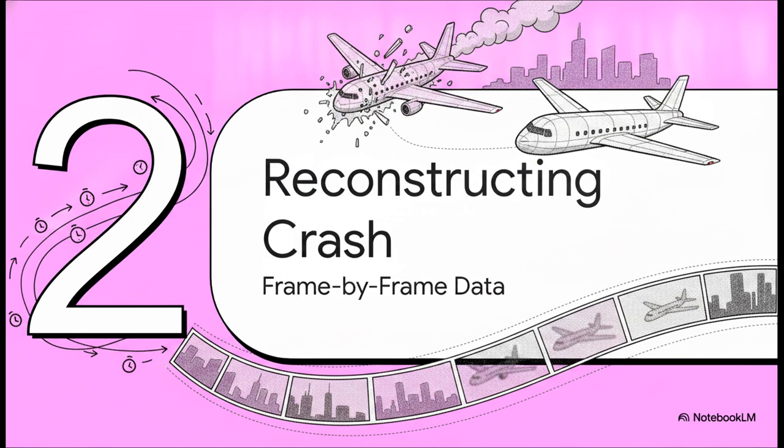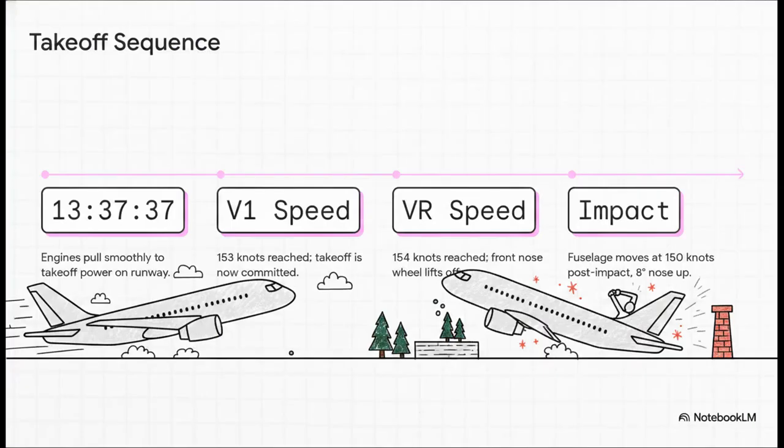Section 2. Reconstructing the crash. Let's move to the actual sequence of events and see how the timeline of the disaster unfolded. By stabilizing and matching up the available CCTV footage frame by frame, experts were actually able to build a full 1-to-1 scale 3D reconstruction of the flight's final moments over the city. And this reconstruction brilliantly illustrates how rapidly a textbook takeoff escalated into an absolute disaster. Everything is perfectly normal up through V1 and VR. The plane transitions into the air.